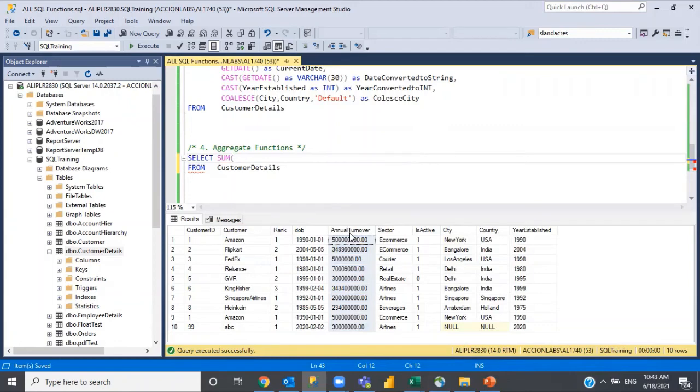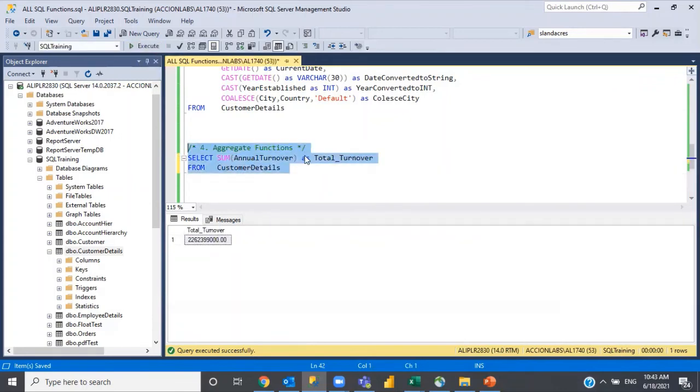I want to know, irrespective of the customers, what my total annual turnover is for all the customers. So what I'm trying to do is select sum of annual turnover as total turnover. If I execute this, it is giving me the total turnover. In the same way, we can use the min and max functions.